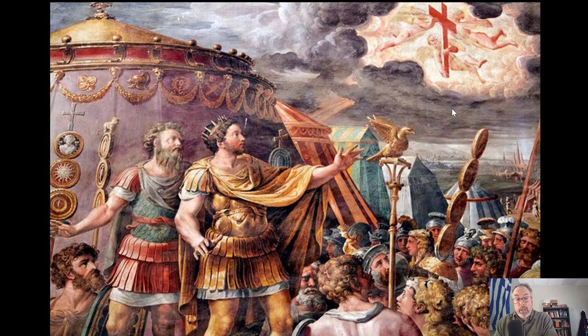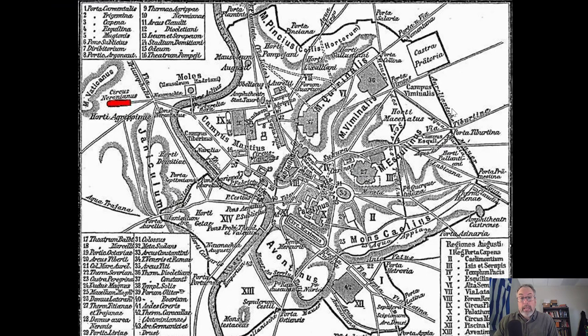So one of the many things that Constantine does to solidify his interest in or his belief in this Christian God is that he starts to gather up relics. He's very interested in the bones of saints and figures from the biblical literature. He sends his mother off to Palestine, to Jerusalem, to find elements and places from the life of Christ and to gather up pieces of the true cross and such.